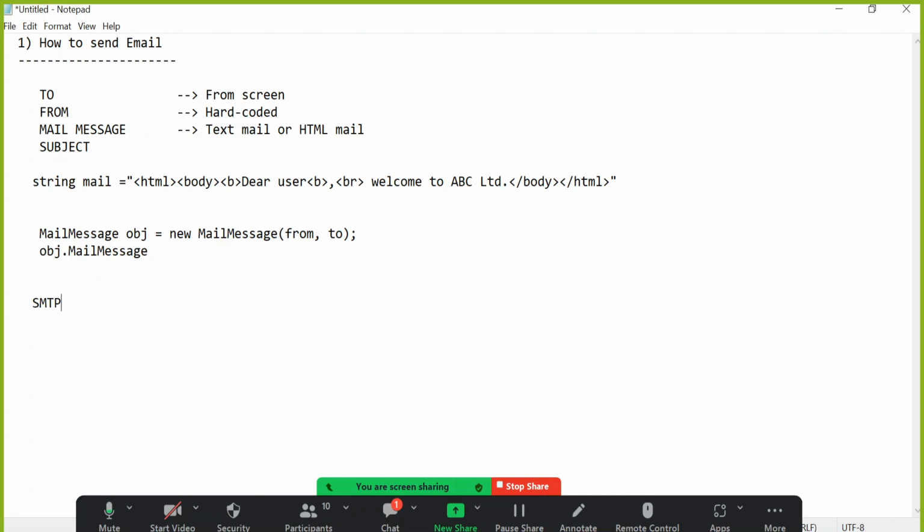Sometimes what we do, we get the plan from various third parties. GoDaddy.com, Google is also a service provider. Many are there in the market. So you have to pay some money to a third party. They will give you some service, and using that service, they will provide some SMTP